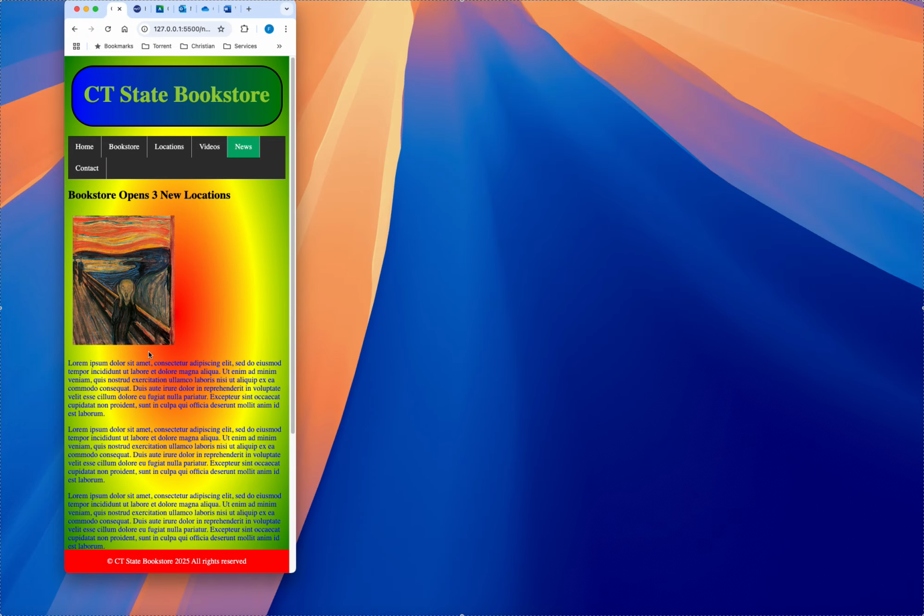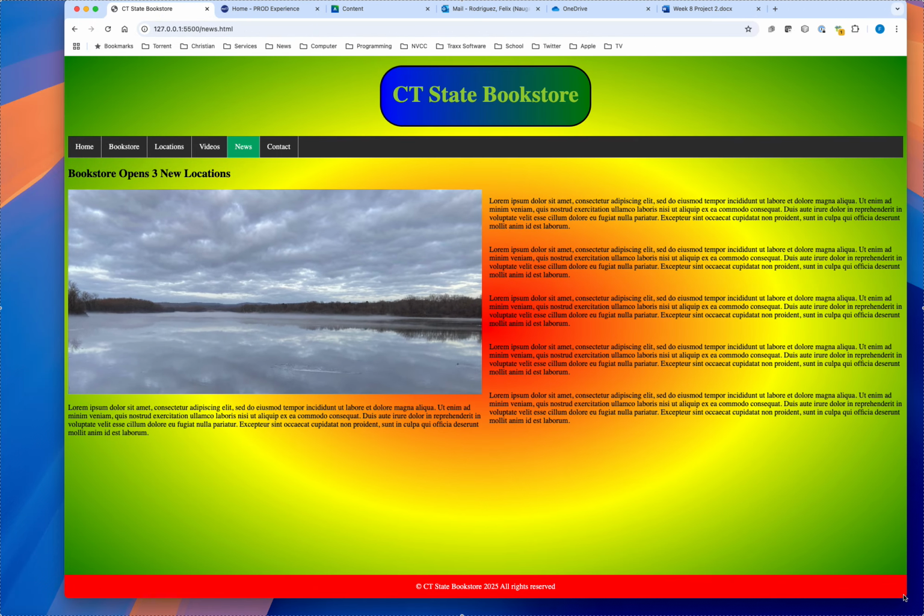And the other thing is the text no longer wraps once you're in phone size. It just appears underneath like this. So you want to make that change. And then the last change happens when you print in the news. So if I go ahead and try to print this page,